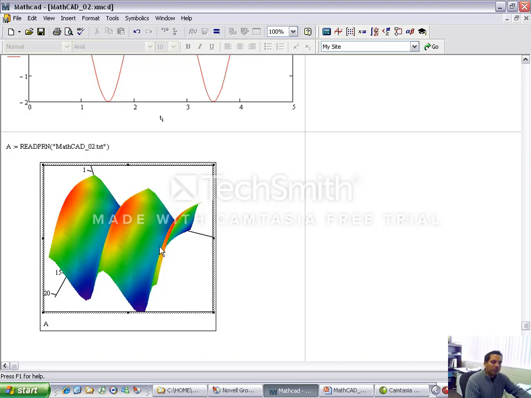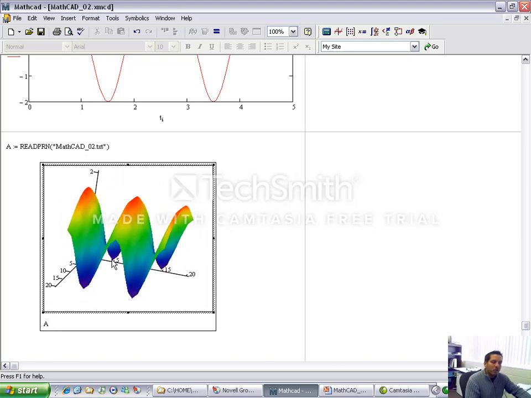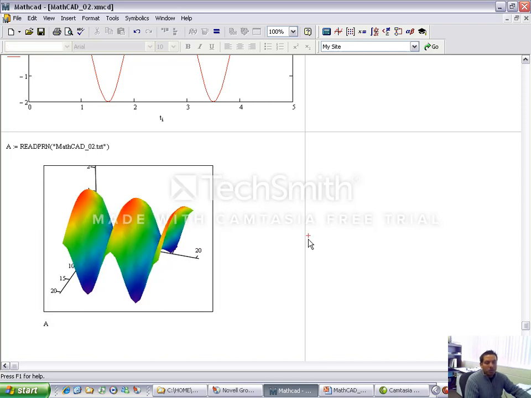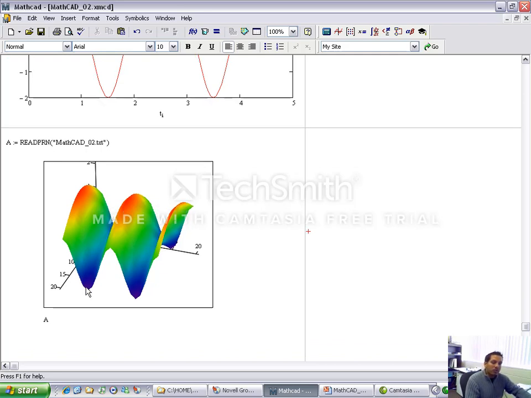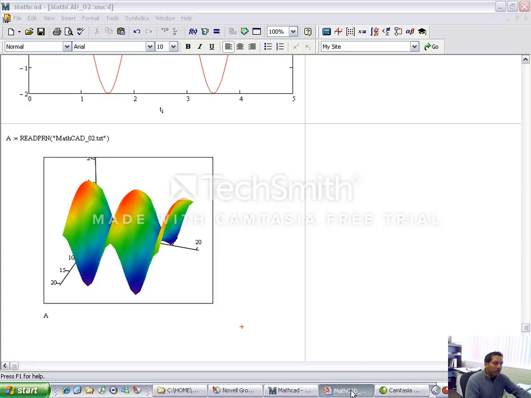Well, that's what we imported from that text file that we imported into a matrix, and now in this plot it actually makes a lot more sense, or at least we can see a pattern. If this is, I don't know, telling us what the charge of a particle is at a specific location in space, then this will tell me a lot more than that table. Okay, the second way